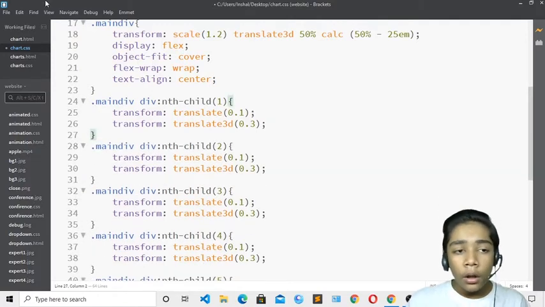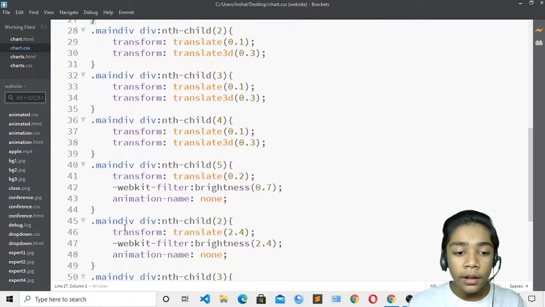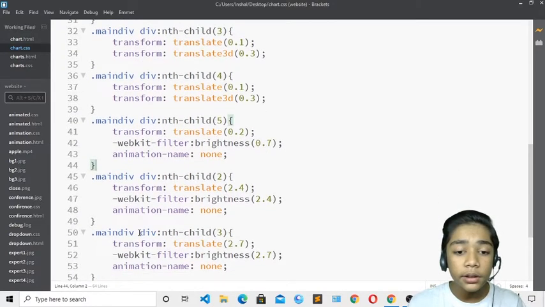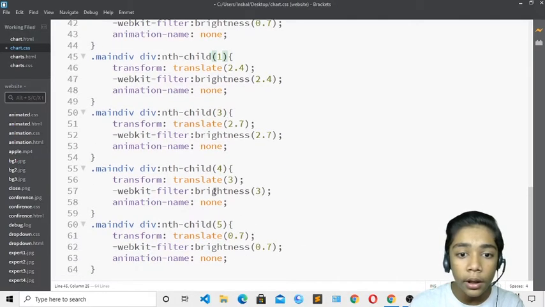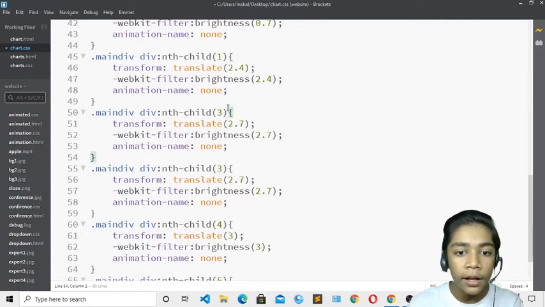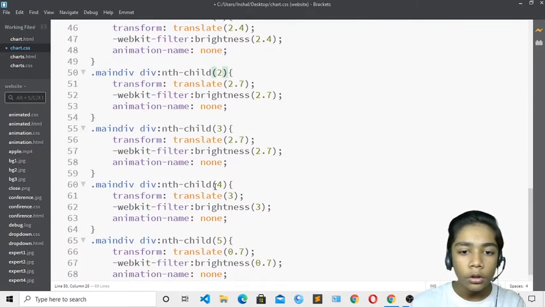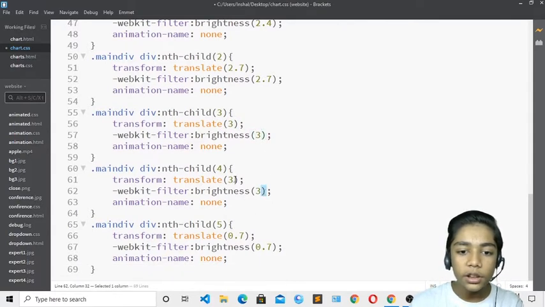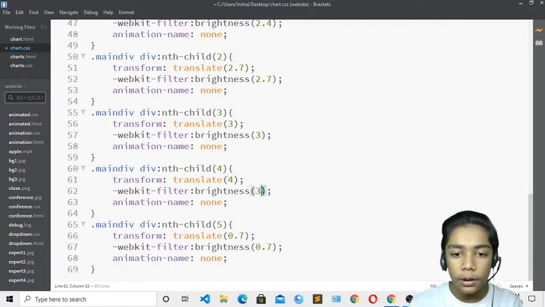Over here I will save, and now I will do one thing, I will come over here and write over here. Okay, so now it is good, so I will change it to 1. Over here I will copy this, and paste that over here, I will change it to 2. Now it is good, I will change it to 3, and I want 3 over here too. Now I will change this one to 4, and this one to 4, then I will change it to 4.2 over here, and 4.2 over here.